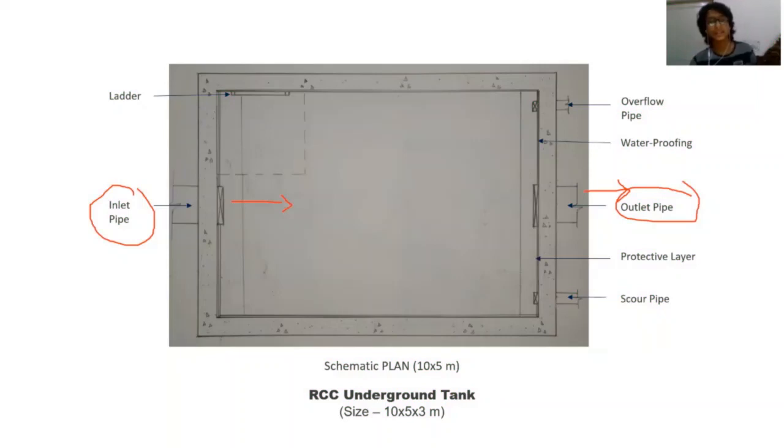And then there is a layer of waterproofing, and further there is a protective layer that protects the waterproofing, and it is in the inner lining of the water tank. Also, there is a ladder to easily access the water tank, like for service purposes. Now, Ritik will further explain the section of the RCC water tank design and also the details about the supply pipe.